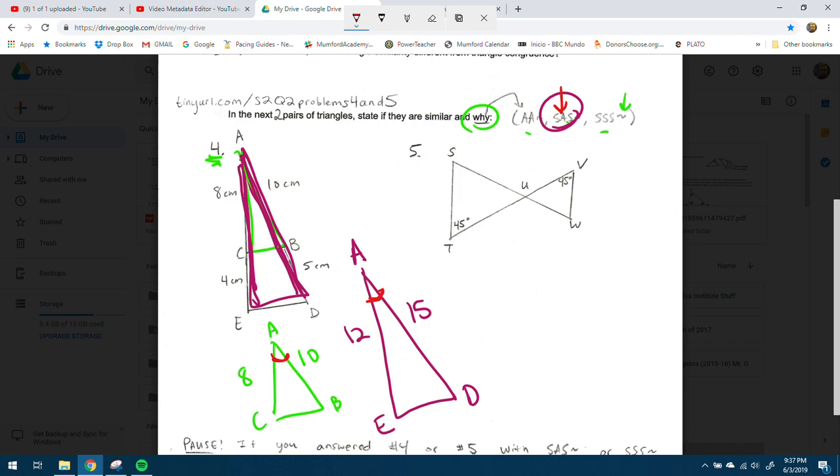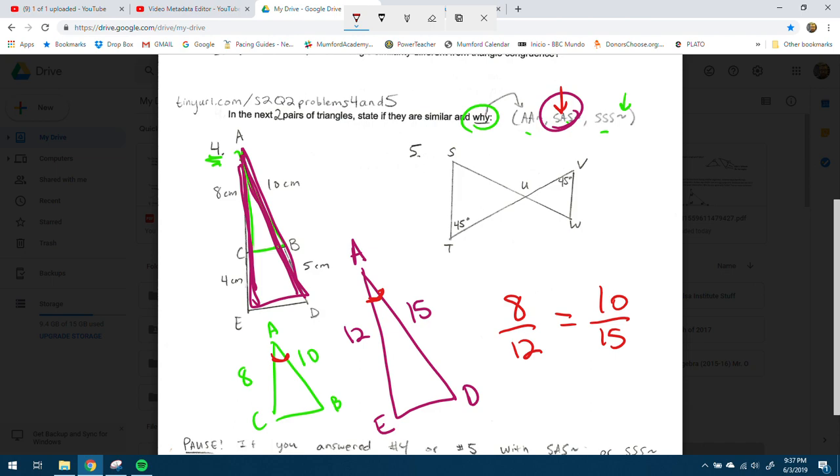So 8 and 12 needs to be the same fraction. We're hoping that it's equal to 10 over 15. And we can do this a number of ways. You can simplify those fractions. One of the main ways that we talked about was just dividing them out. So if you divide that out,